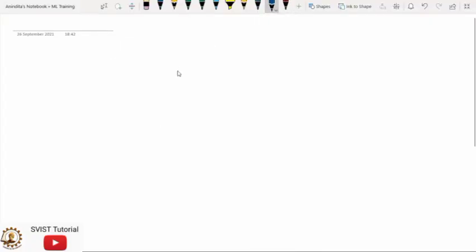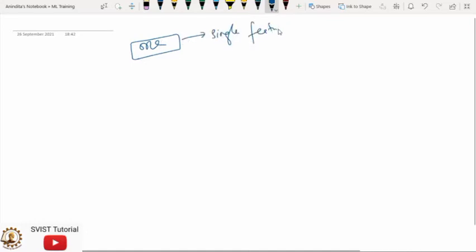It's a very important part. What do you mean by univariate analysis? In one word, uni means one. So whenever we are using a single feature from our data set, it is univariate analysis.